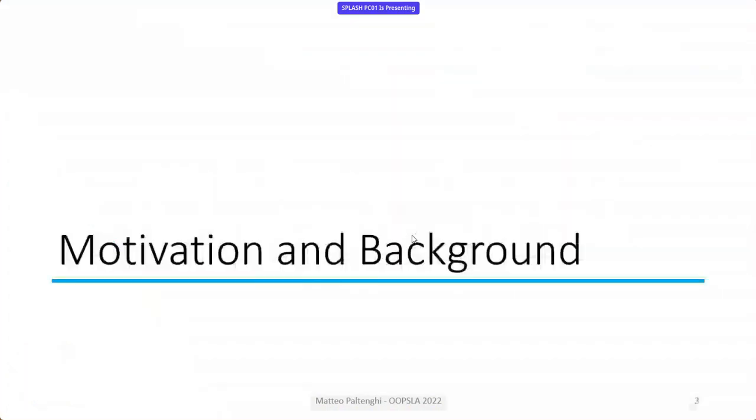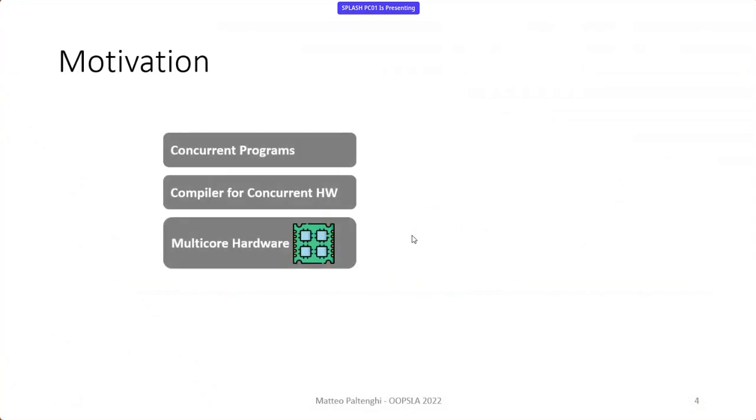So let's start. I want to introduce a little bit of motivation and background to this work. In the past, the introduction of multi-core hardware increased the risk for a new kind of bugs, the concurrency bugs.